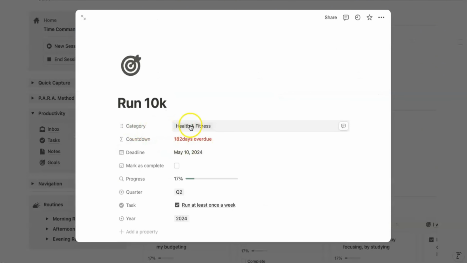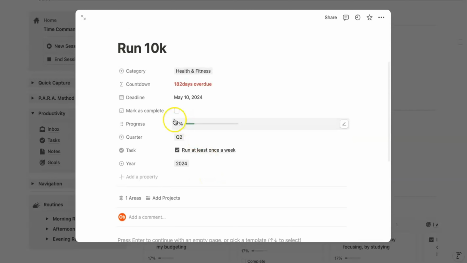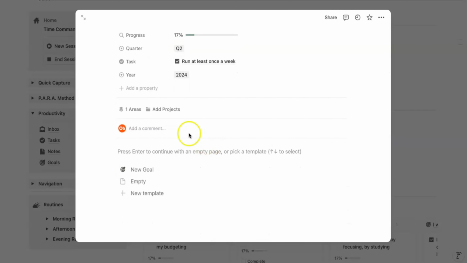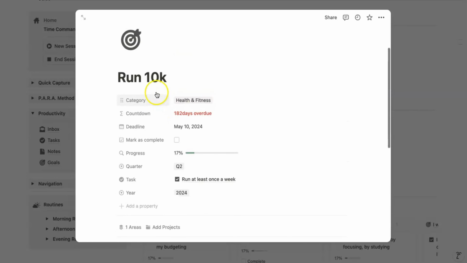In the category, it is related to health and fitness. The countdown shows it is overdue, like 182 days ago. So the progress bar is 17%. If you want to add any projects related to this